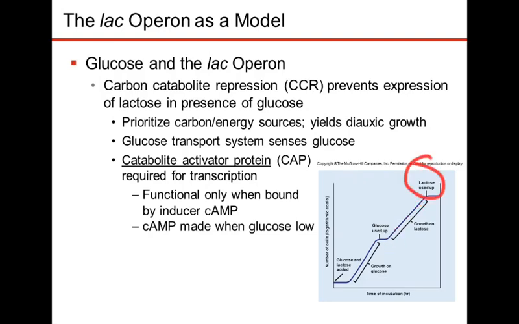And then we get up here to this point, and now all the lactose is used up. Now there's no glucose, there's no lactose. Let's look back and think about the lac operon at that point. All right, so the lactose is used up, the glucose is used up. Is the CAP activator protein going to be bound at the activator binding sequences? I heard a no. Does everybody agree? What makes it bind? The level of cyclic AMP.